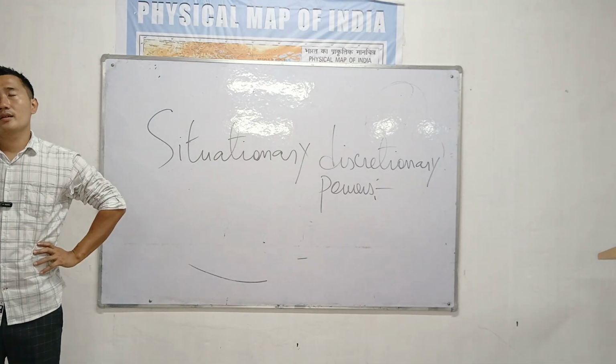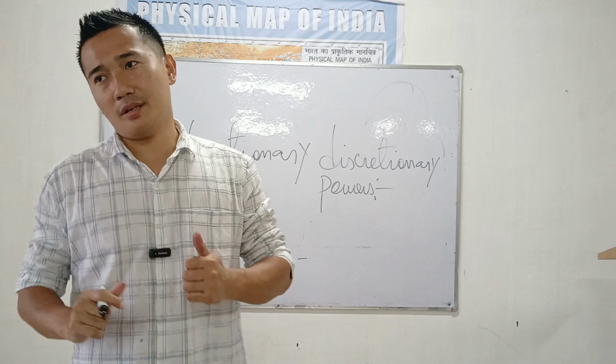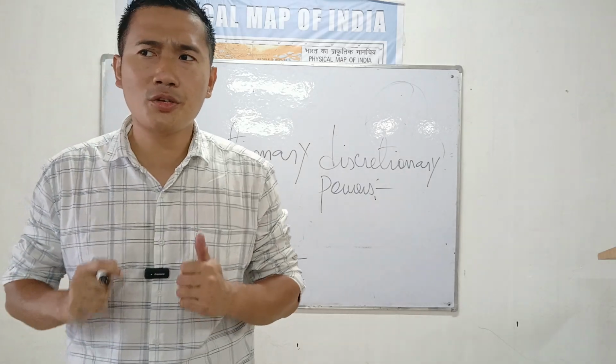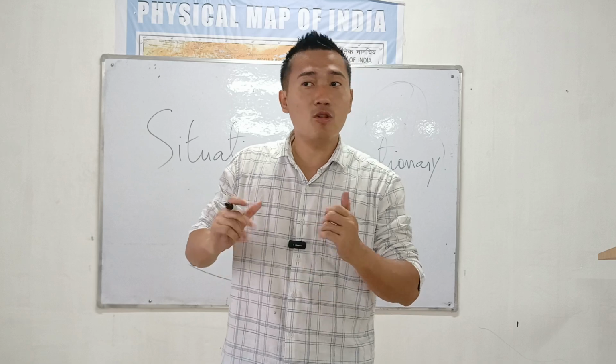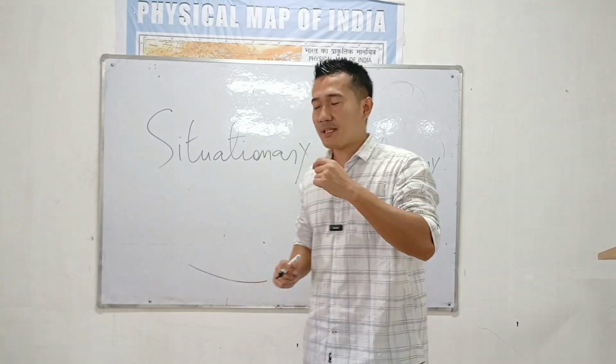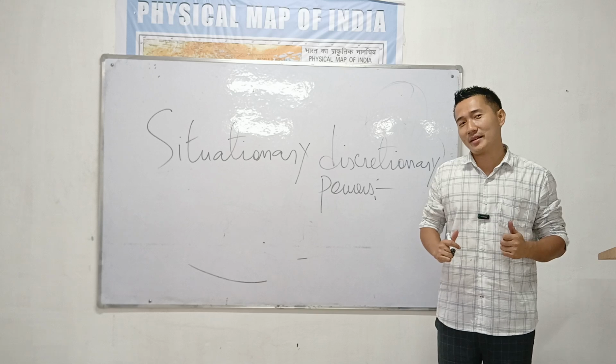See, the Constitution did not directly mention the discretionary power of the President. But there is a situation. Situation means if the situation compels, the President will take up absolute power. Alright, we all know. Please remember, at the end of the day, we are living in a democracy. The President is elected indirectly.